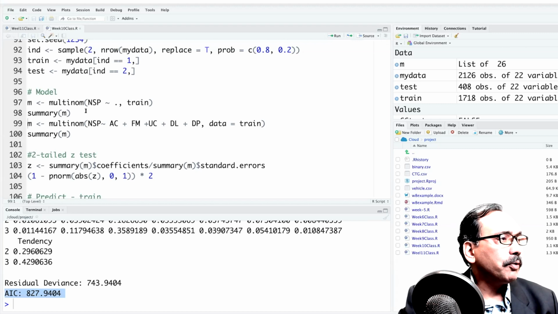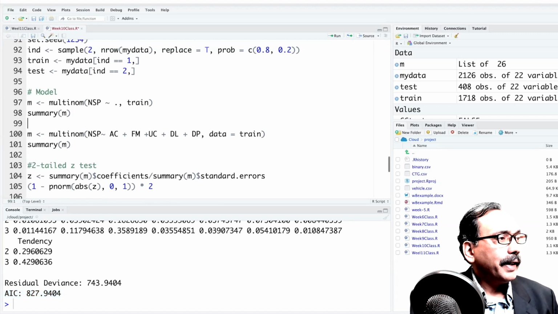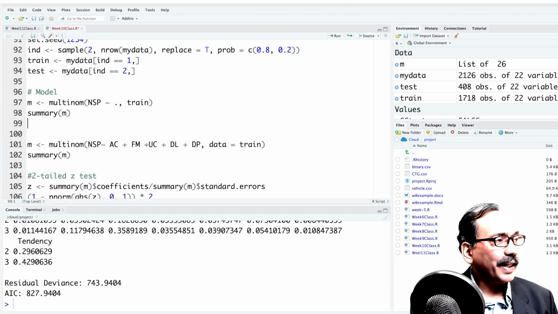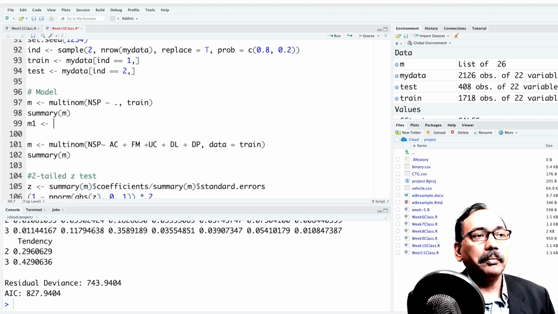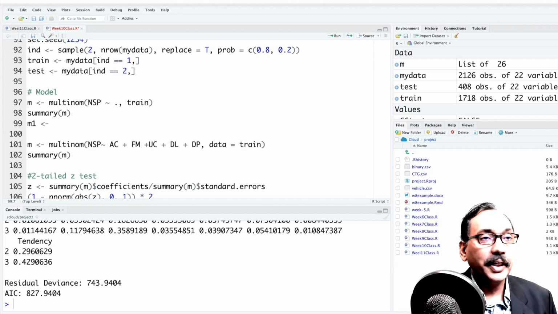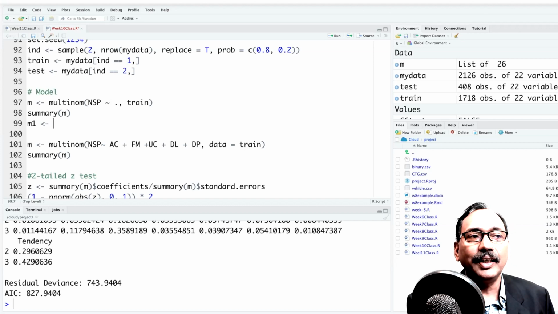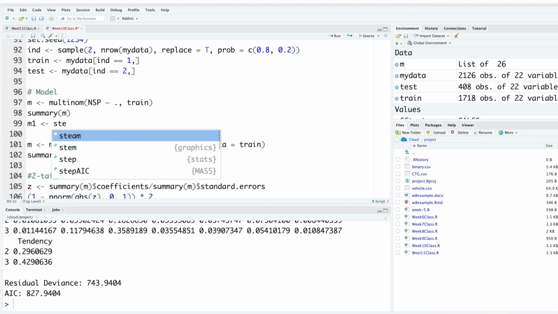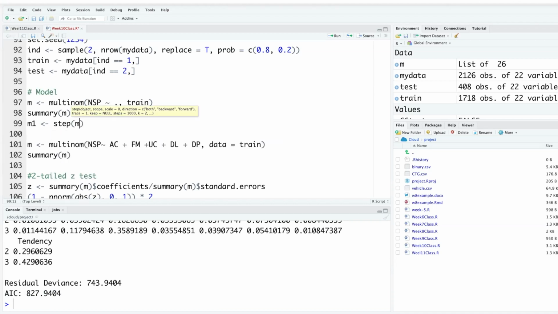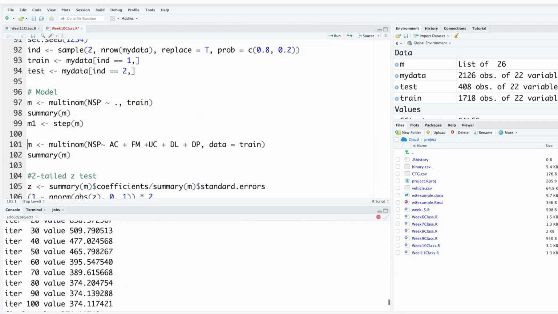The extra thing that I want to show you is actually when you have all the variables in the model, you can create a new model M1 to find the model that has least AIC. And basically it uses one of the things that we did earlier for multiple linear regression. So we can do the stepwise method, and you simply supply M, our model that has all the variables, and run. So it will try everything, and once it is done,